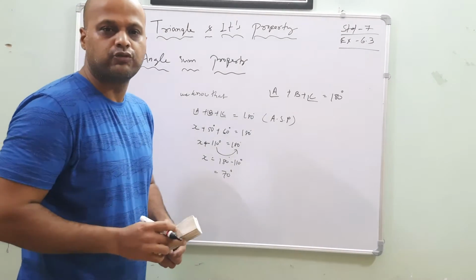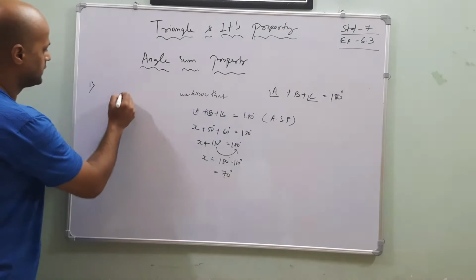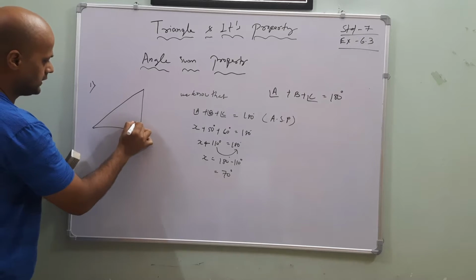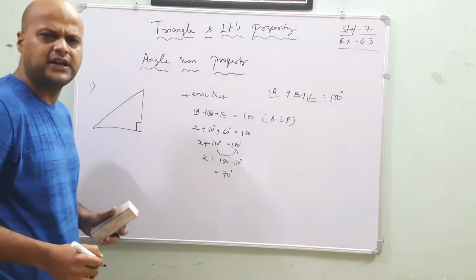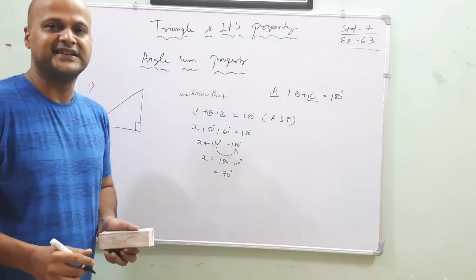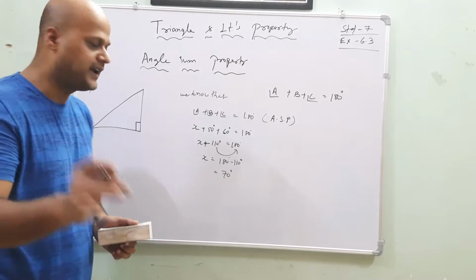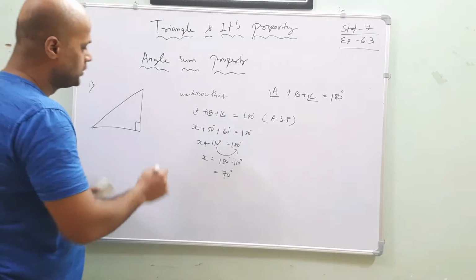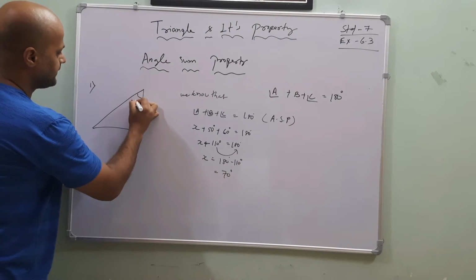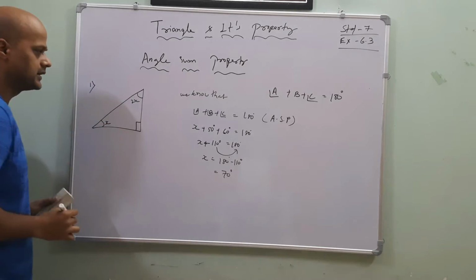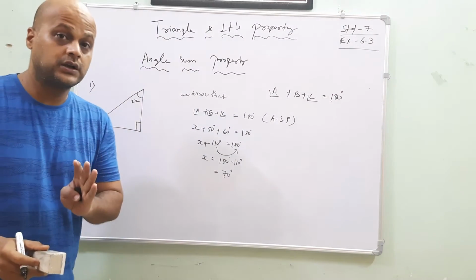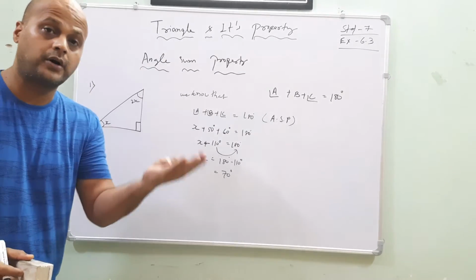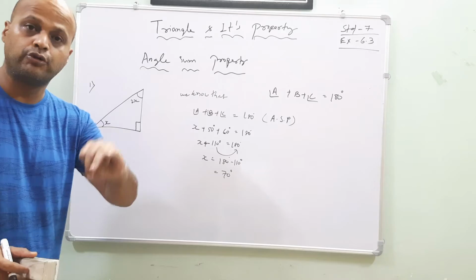Okay? It's saying that a triangle is given and one angle is 90 degrees. Then which kind of triangle is it? Yes, it is a right angle triangle. Why? One angle is 90 degrees. Understood? It's saying that the upper angle is 2x and the lower angle is x. Angles are given, yes, but in the form of variables. Okay, so how will we find this one?